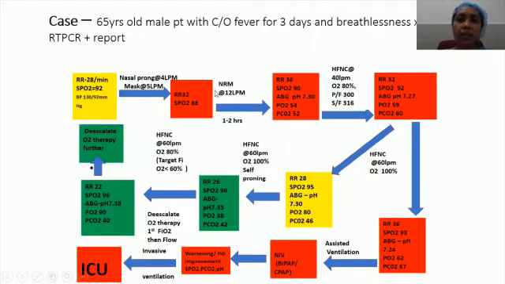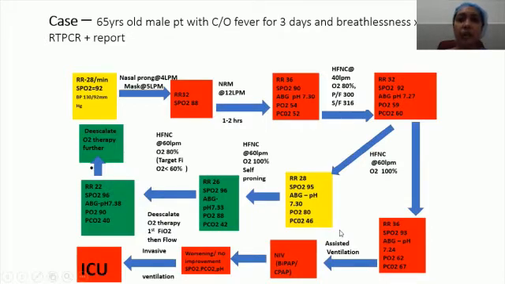Once we feel that the patient is unable to maintain the oxygen saturation on the maximum flows of a rebreathing mask, or once the maximum potential of high frequency nasal oxygenation has been used, and despite that we are unable to maintain oxygenation of the patient, or there is a steady rise in the PaCO2, carbon dioxide levels in the blood of the patient, now is the time when we think about assisted ventilation.